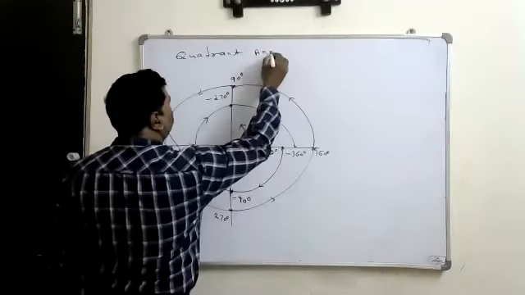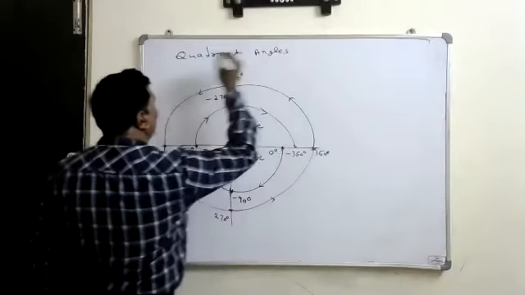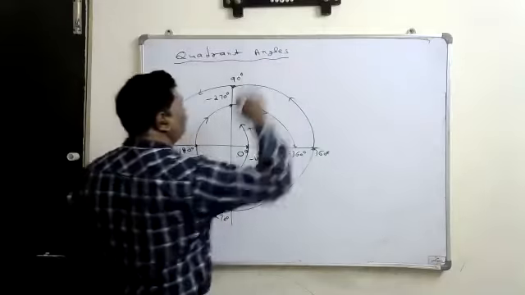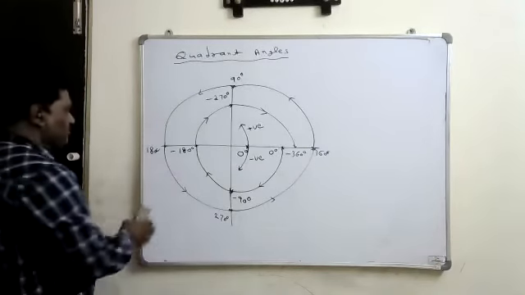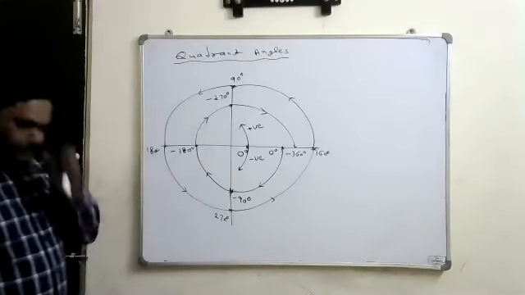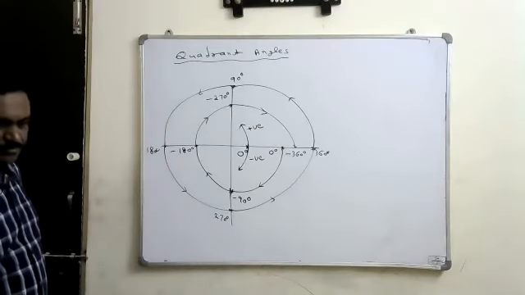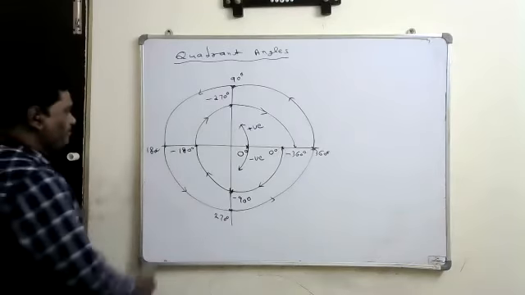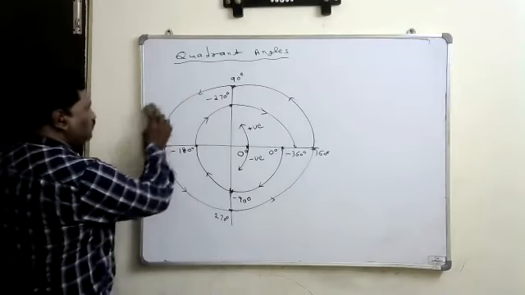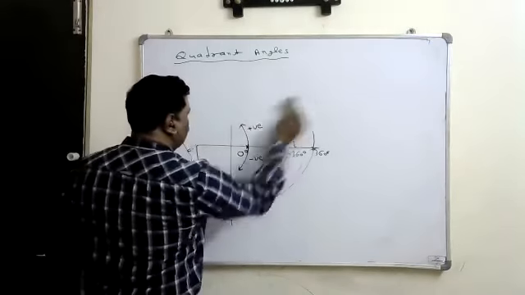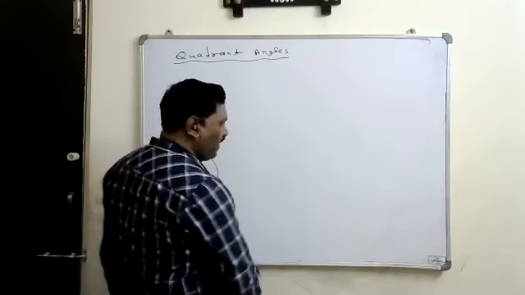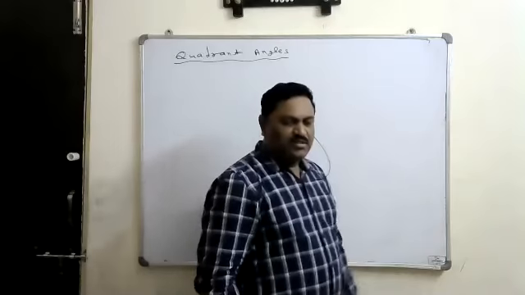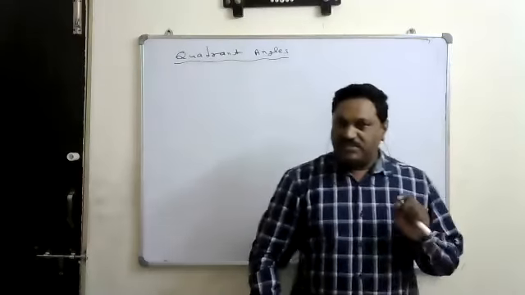Next, keep this subheading: quadrant angle. Diagram over, okay? Yes, sir. Now look at this. What is meant by this quadrant angle? It means the angles which lie on